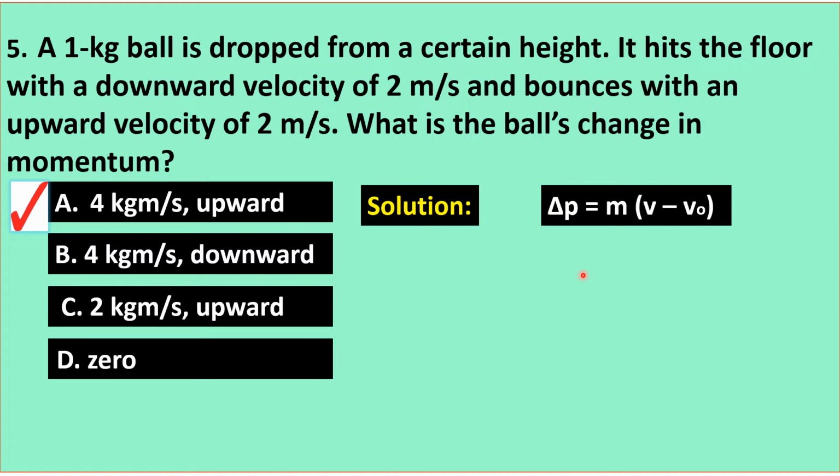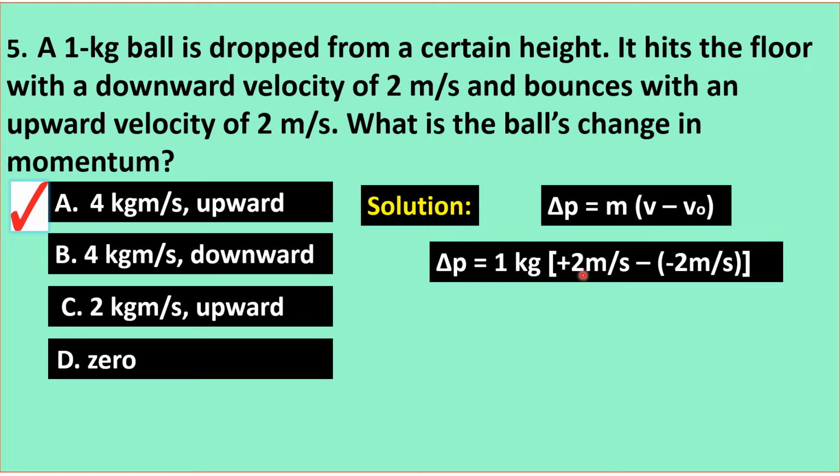So we plug in the quantities into that formula. 1 kilogram for the mass, and then positive 2 meters per second for the final velocity. Positive because we're talking about the upward direction of the velocity mentioned in the question. Minus,